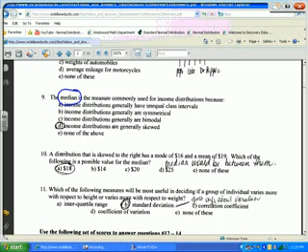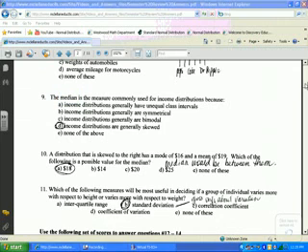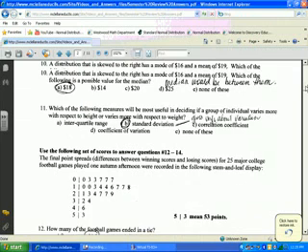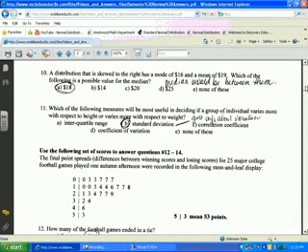It'd be pulled, yes. If you had a skewed right scenario, that mean would be pulled up because you have some outliers up there. If you had a skewed left, then that mean would be pulled down below the median because you have some skews, okay? Number 10. Okay, are you all right with the median being in between the mode and the mean?